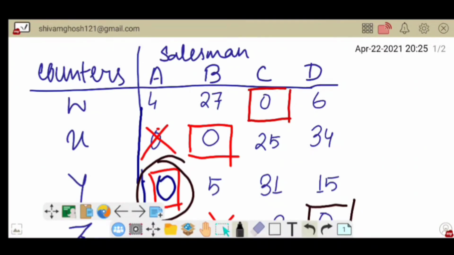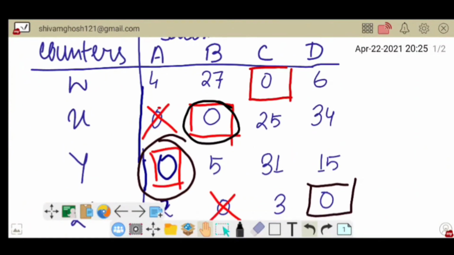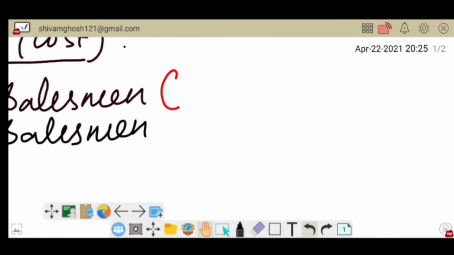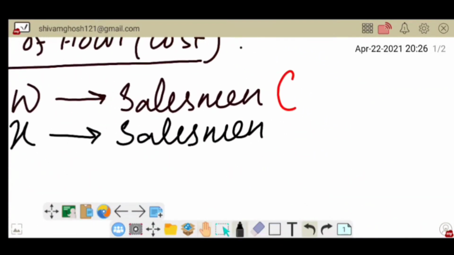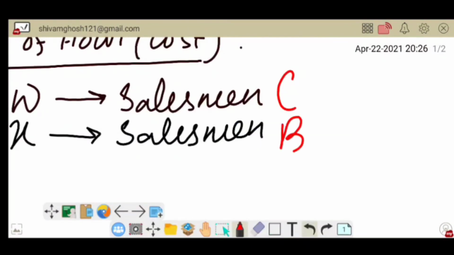So in this line this 0 is on the column number B, that is salesman B. So we have to select that for column number X. So for counter number X we have to select salesman B.